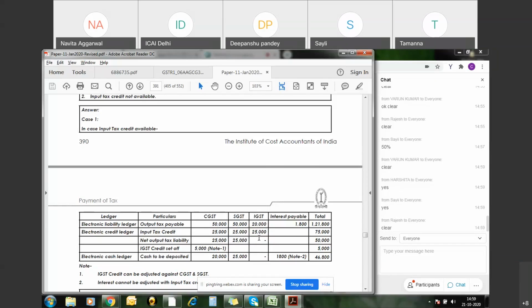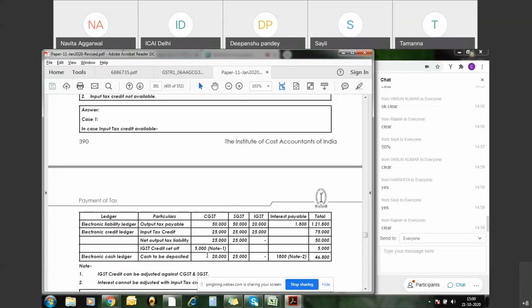Now, in the first scenario, 25,000 is further liability to be payable and you are having 5,000 excess of integrated available to set off. We again first set it off against the liability under CGST. So we just placed 5,000 of IGST under the CGST column. Now the liability reduced from 25,000 to 20,000, and the liability under SGST remained the same because there is no more amount left to set off.